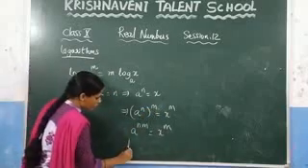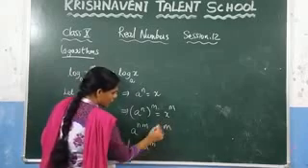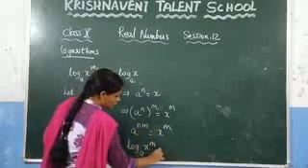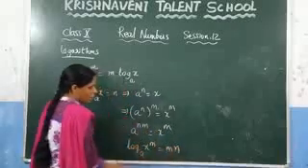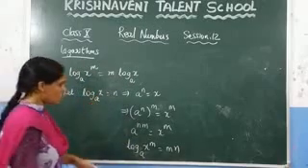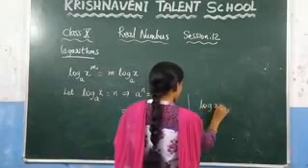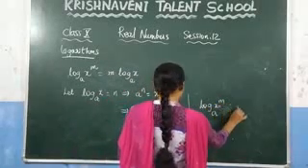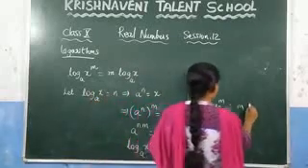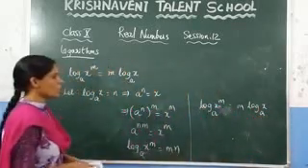So here this one you can write as log x power m to the base a is equal to m n. What is n, which is nothing but log x to the base a. So in place of n, just substitute here. What you get here: log x power m to the base a is equal to m into what is n? We have here log x to the base a. Write it here, log x to the base a. This is another law of logarithm.